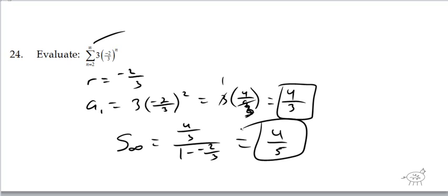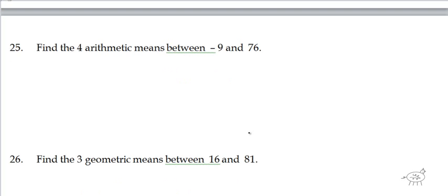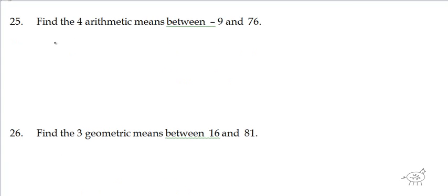Okay, a couple more here, math fans. Find the four arithmetic means between -9 and 76. So I know it's arithmetic, and then you're going to put 4 blanks here and then 76. So this is a sub 1, a sub 2, a sub 3, a sub 4, a sub 5, a sub